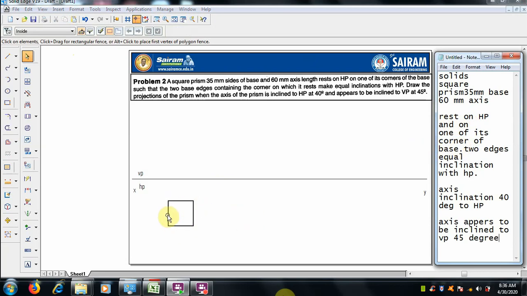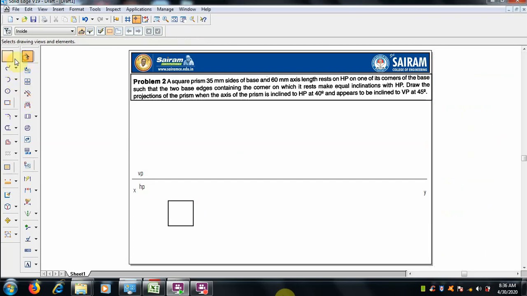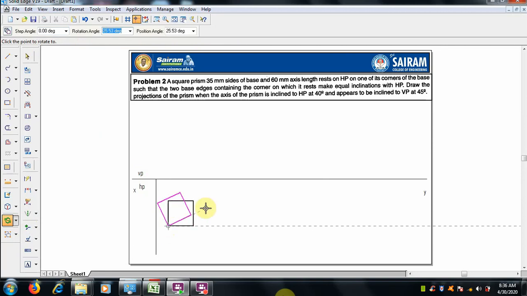So here now it is at the edge. It should be rotated to its corner, and at the same time it should have equal inclination. So just for a reference we can make one reference line, in that we can rotate and keep the corner. So rotate the top view of the square, select a corner as the point of rotation. Any corner you can take as the point of rotation, that should be tilted.